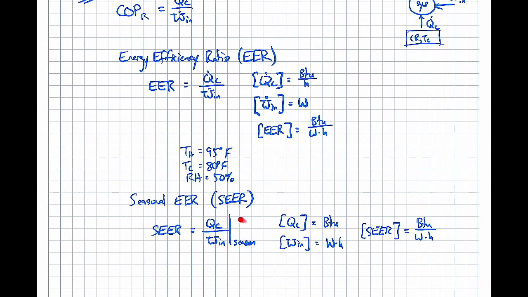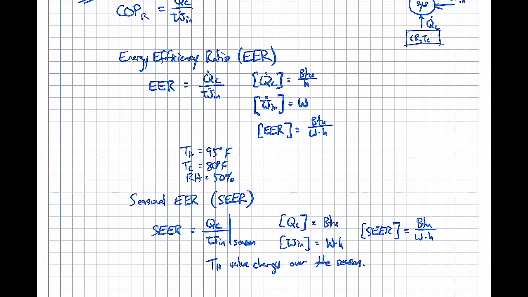So it's evaluated over a whole season, a range of THs. So let me make a note of that. The TH value changes over the season. And there are standards for how they vary that depending on your geographical location. So it kind of gives you a better idea of how your air conditioner might perform over the whole season